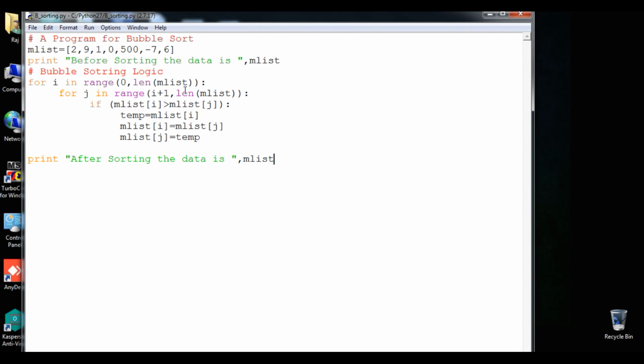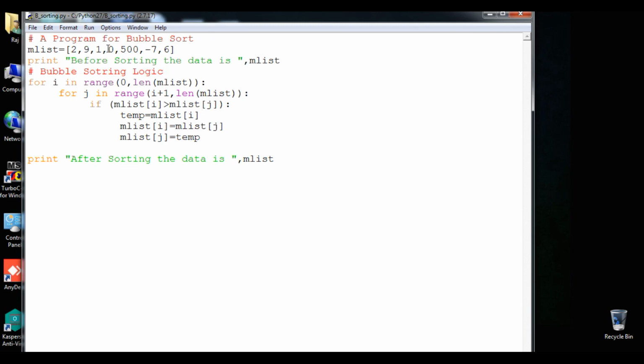In bubble sort, data elements will be arranged in ascending order, that means smaller to bigger, and this logic compares the neighboring elements. Suppose 2 will be compared to 9, then 1, then 0, then 500, then 700, and then 600.